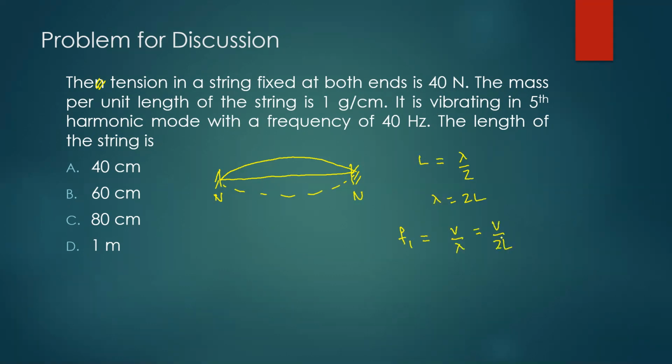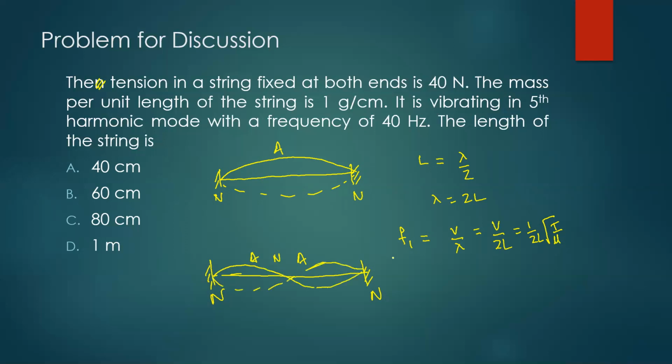And the speed of the wave on a string is, I think you know this, right? Square root of T by mu. Now if you want higher frequencies, you need to generate a disturbance in such a way that you have more antinodes. So let's say instead of one antinode, you're going to have two antinodes, and obviously there should be a node in between. So it should look something like this.